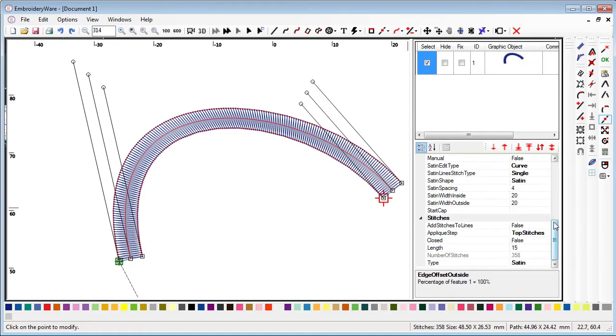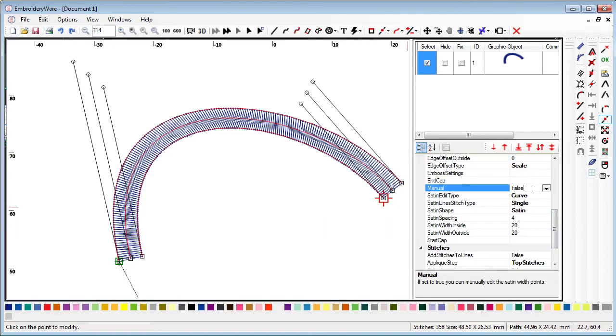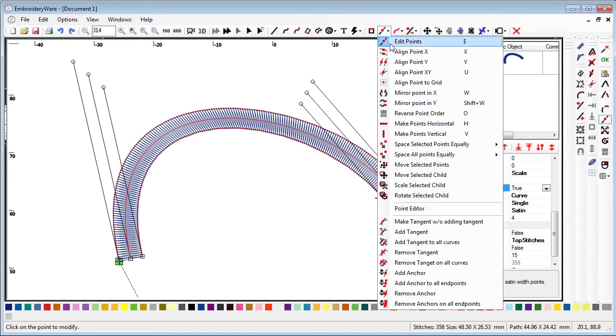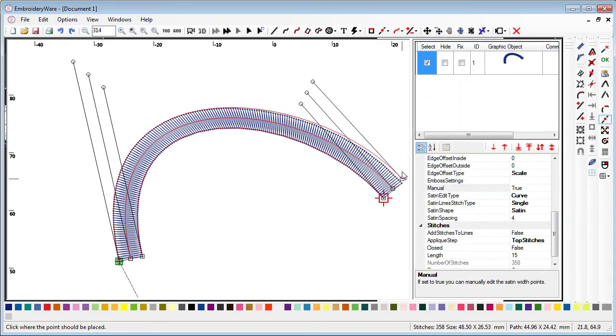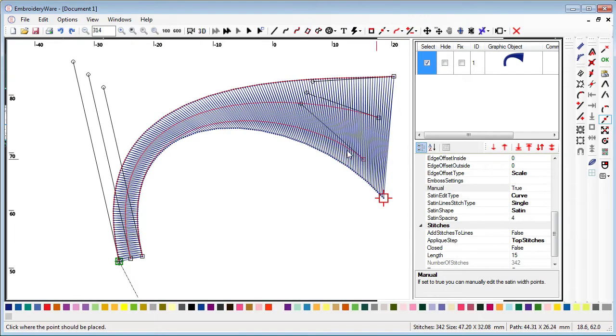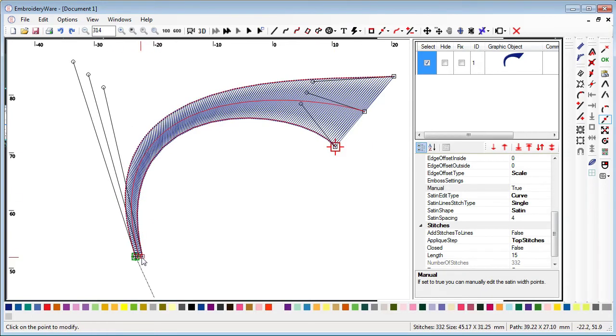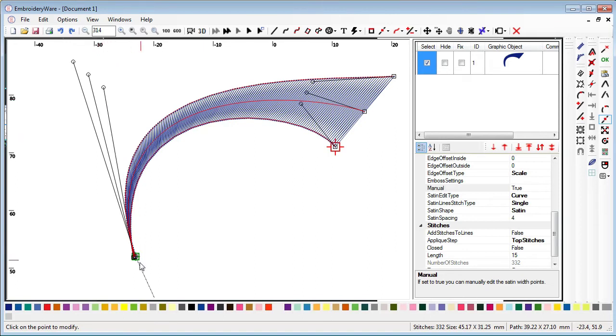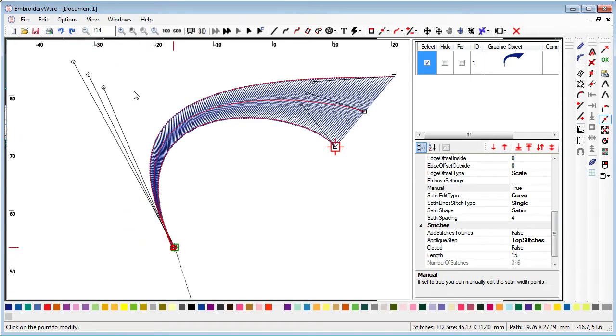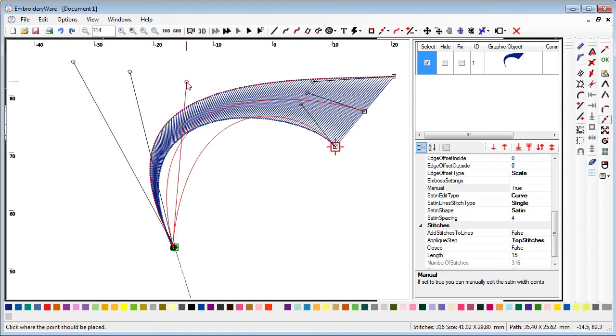And we changed this to a manual satin here, where it says manual. We changed it to true, which in EmbroideryWare we have false and trues for on and off, basically. True is on, false is off. Now, when we go to edit points, you'll notice that we can actually now move the curves, the child curves of the object, and we can do our own manipulation of the ends. And you'll find that these manual satins will be something that you will use a lot,